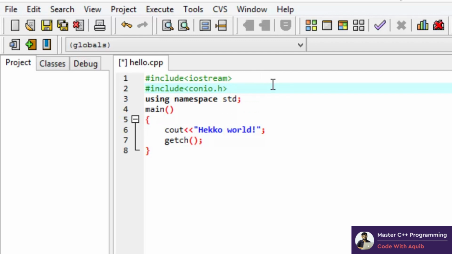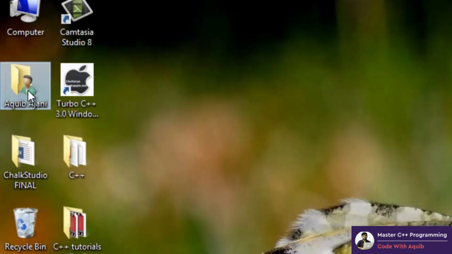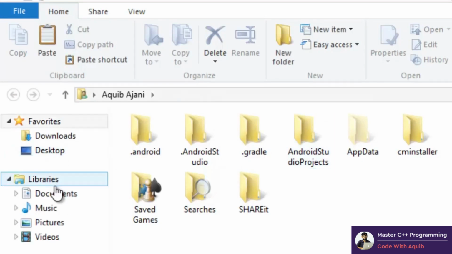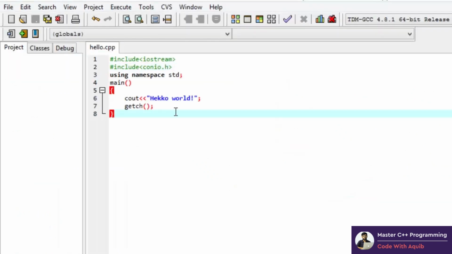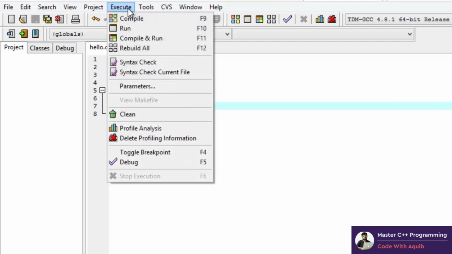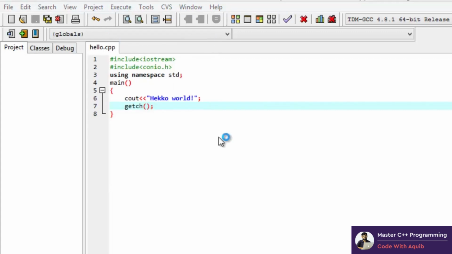All right, so let's save it. Okay, it's saved. Let's go back to documents and see. Oops, still not working. Of course. Now get this thing clear, guys. The .exe file will not be modified unless you compile and run your program in Dev C++. Okay, so we just saved it right now. We did not actually compile it, so the .exe file has not been modified just yet. If we go ahead and hit compile and run,